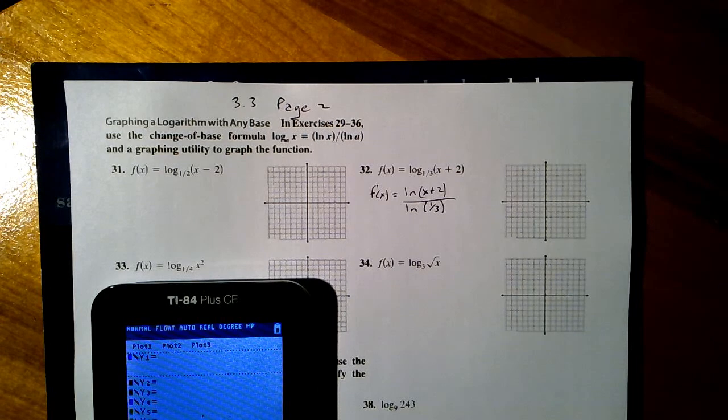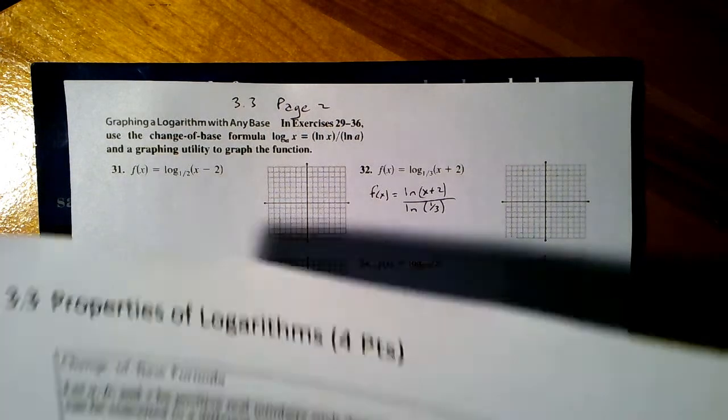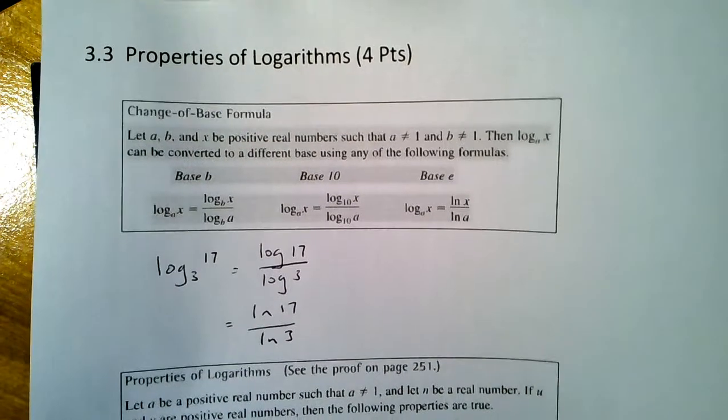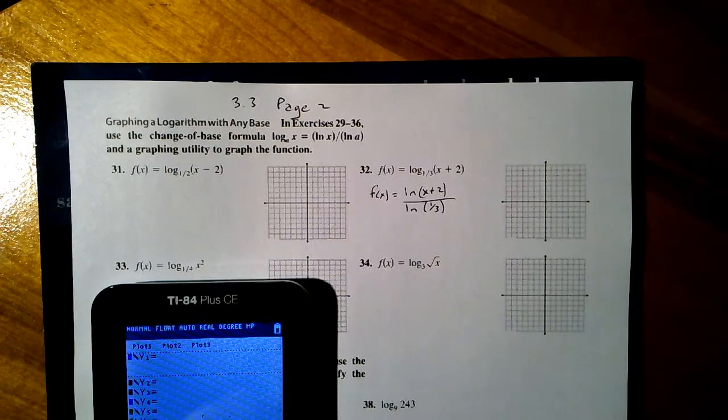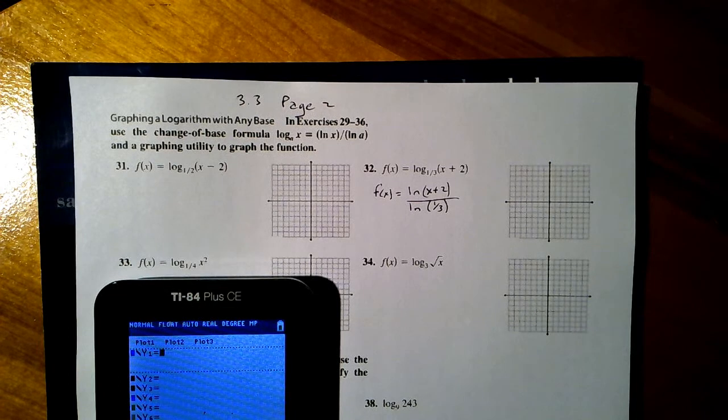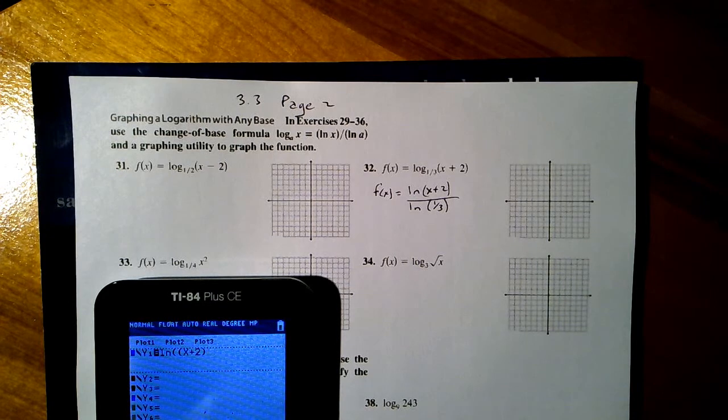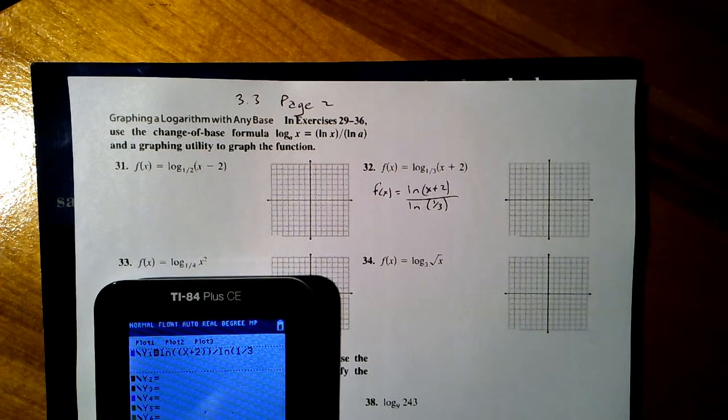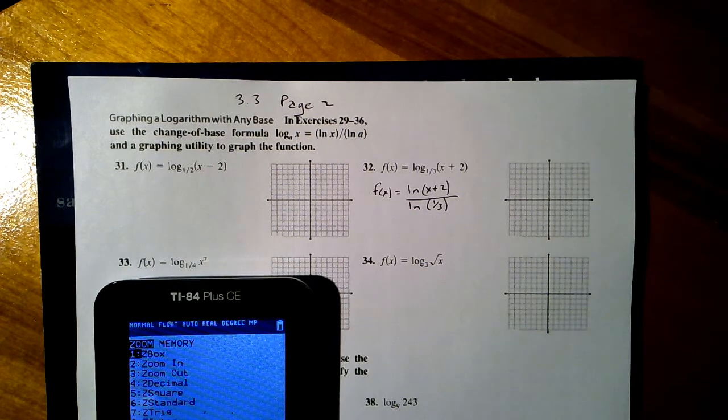Where was that one at? Anyway, we'll go back to this page right here. So that's our change of base formula, and you can do that with plain old logs. So if I go ln of x plus 2, that's extraneous parentheses there, but I'll live with them, divided by ln of 1 divided by 3, and I'm going to zoom 6 this,